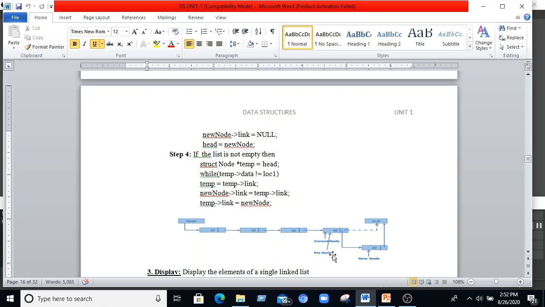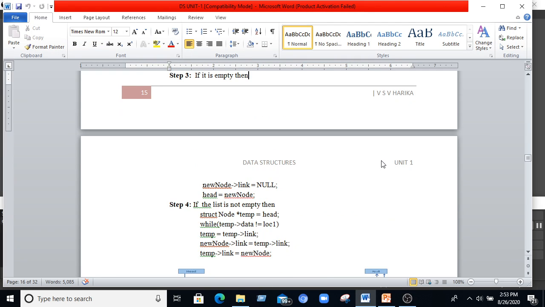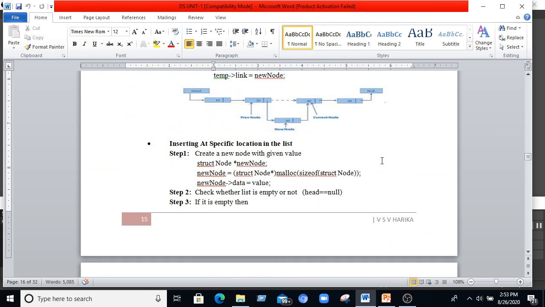We are inserting the node at the end of the linked list. Then we'll clear the null pointer over here and point to the address of the new node with value 50, and we'll point the null to here. In this way we can insert the node at the last.